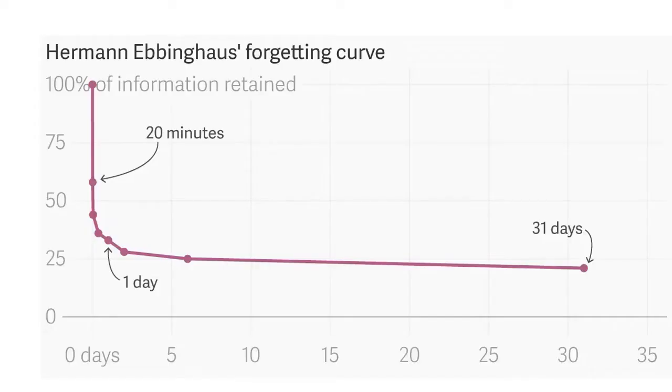Okay, so there's many reasons why we revise, but perhaps the biggest one is the fact that we forget a lot of what we learned the first time round. So this is Ebbinghaus's forgetting curve, and we can see that ideally at the end of a lesson you've got 100% of information retained, but within 20 minutes of leaving that lesson you will have forgotten something like 40% of that information, over the course of a day, perhaps up to 60%. But all is not lost